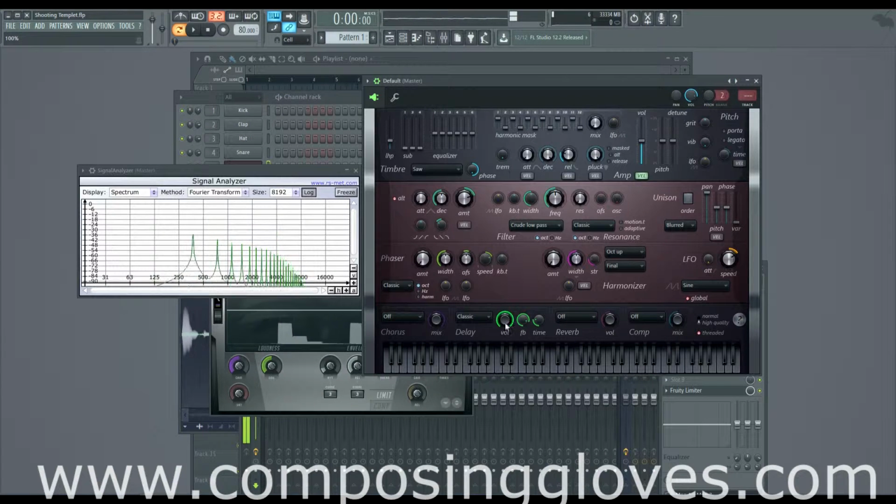If we turn the volume up, so that's classic. This is ping-pong. And this is stereoized. So you can hear the delay. So ping-pong, you can hear it go from one speaker to the other pretty clearly. And then stereoized, you can hear it go from one to the other very, sort of like,